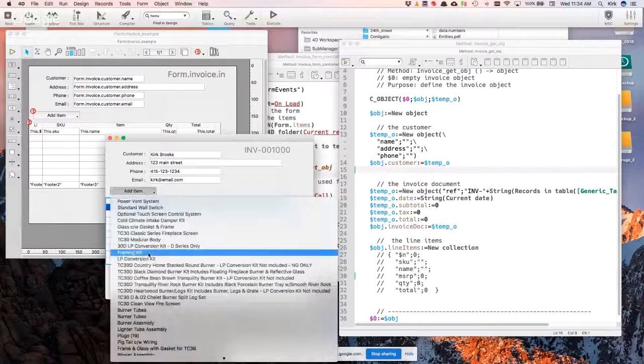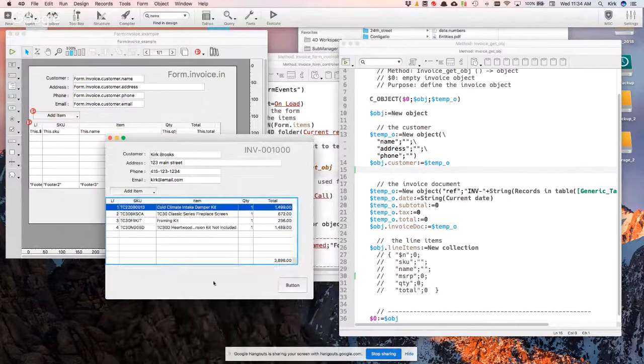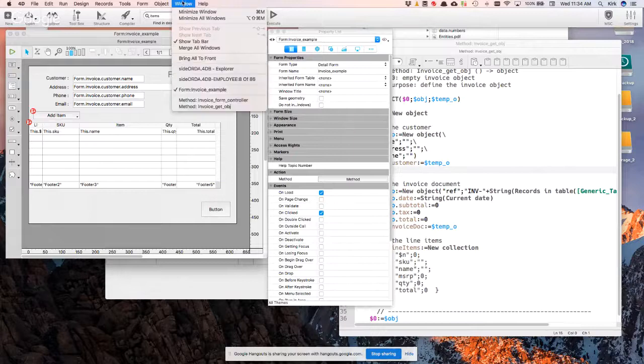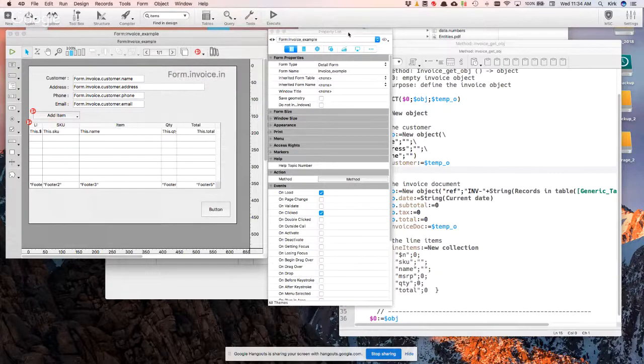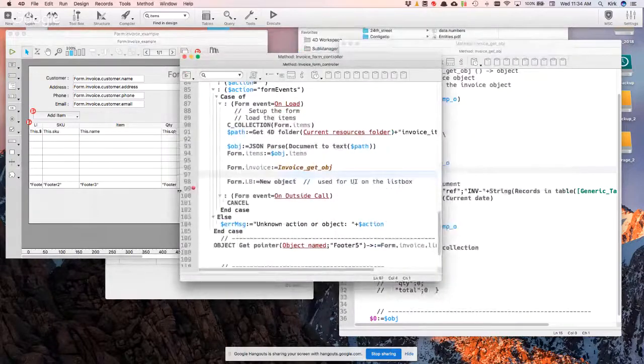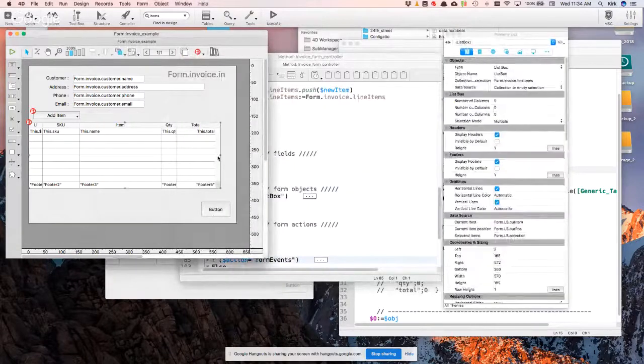So returning to this, to finish this up, I'm just going to add a few more items on here real quick, and I'm going to show you how I'm doing the calculations on this. Where did my Explorer go? Okay, so